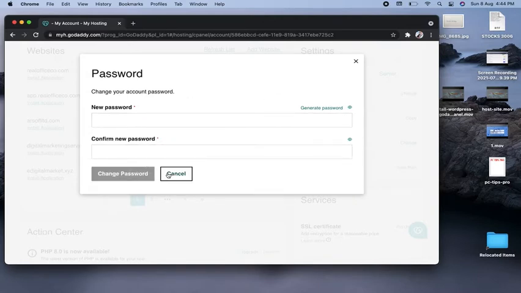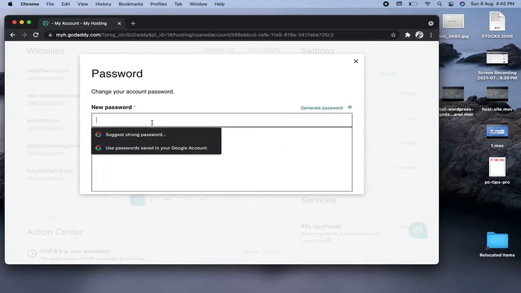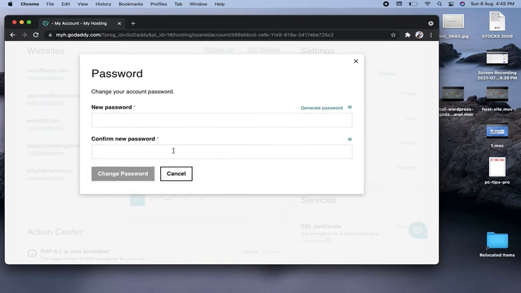So guys, I really don't want to change my cPanel password because I have already added someone to work on my website, so it would be difficult to coordinate again. I'm just showing you an example of how you can change the password of your cPanel admin. So this is the way you can do it, guys.